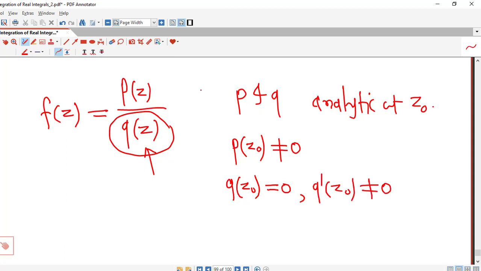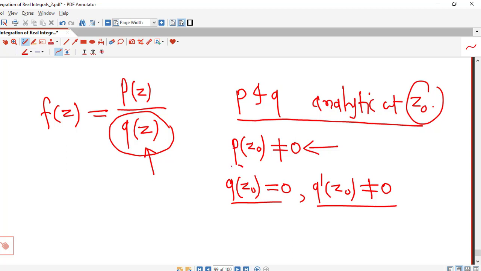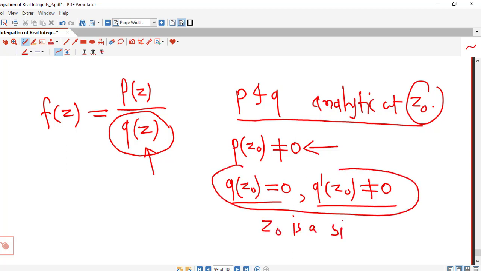I repeat again, suppose f of z is division of two functions, say p of z and q of z, where functions p and q both are analytic at z0 and value of function p at z0 is non-zero and q of z0 equal to 0, q dash z0 is non-zero. This means z0 is a simple 0